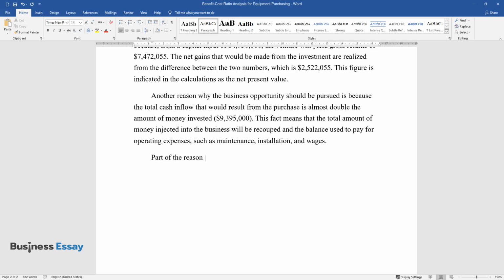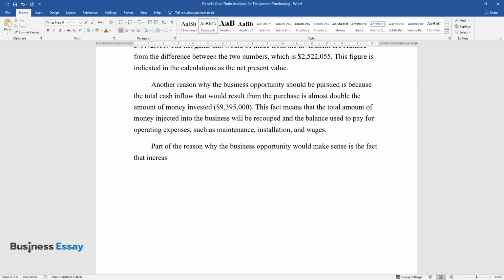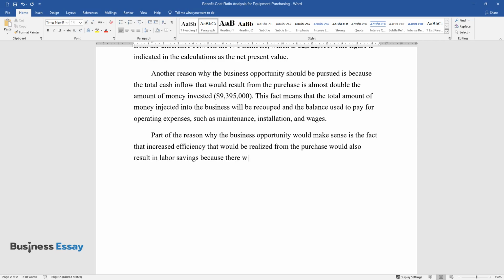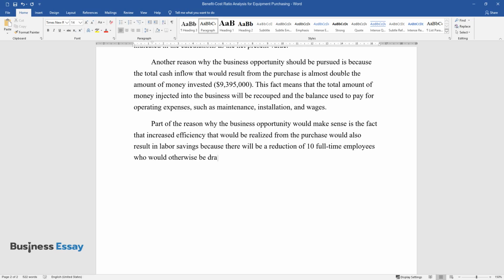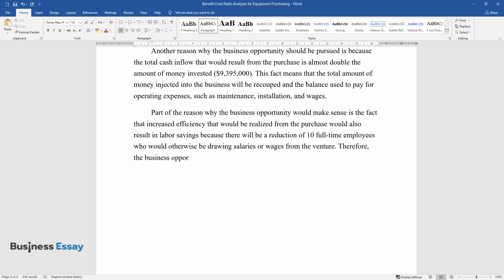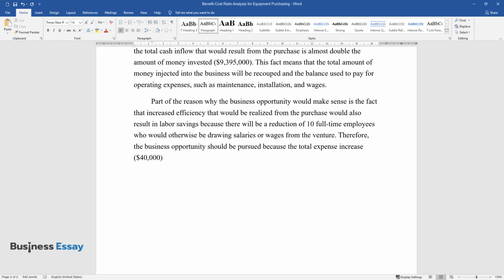Part of the reason why the business opportunity would make sense is the fact that increased efficiency that would be realized from the purchase would also result in labor savings because there will be a reduction of 10 full-time employees who would otherwise be drawing salaries or wages from the venture. Therefore, the business opportunity should be pursued because the total expense increase, $40,000, is lesser than the expense decrease, which is pegged at